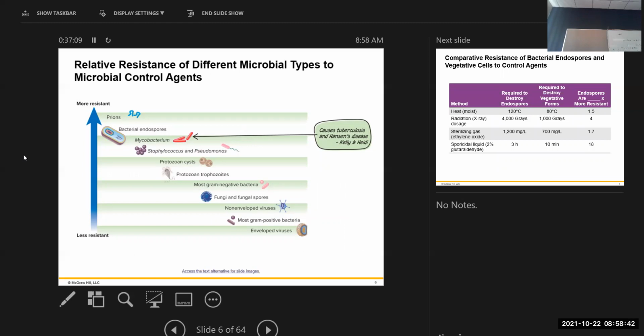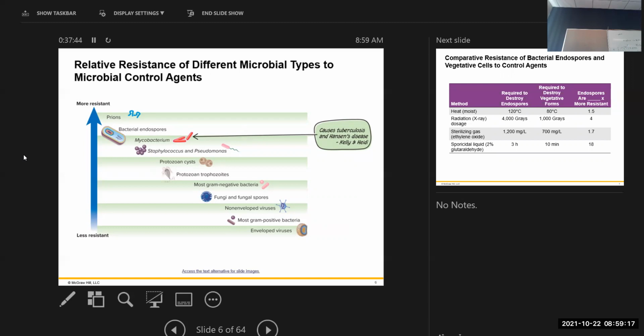This shows you the relative resistance of the different organisms. At the bottom, we have enveloped viruses. Envelopes are fairly easy to disrupt. Detergents will disrupt those. That's why washing your hands with soap can go a long way towards preventing the transmission of certain diseases. Then we have gram-positive bacteria, non-enveloped viruses, fungi and fungal spores, a lot of your gram-negatives,